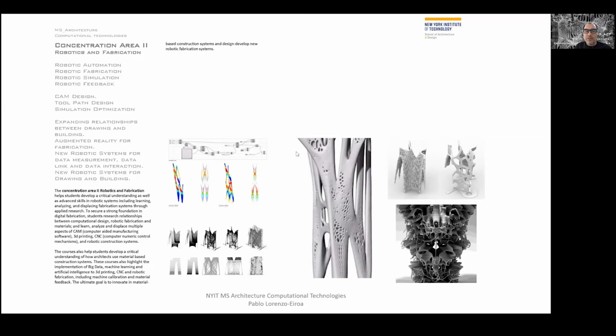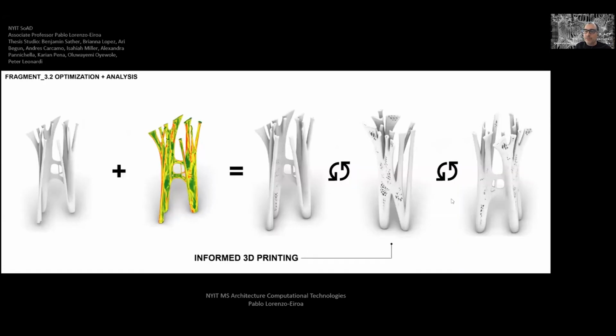So we're going to be thinking about robotic systems for building and drawing, and a relationship between the 2 to inform each other. So for instance, in this diagram that is very clear, the informed 3D printing result is not only a simulation in terms of structure and a design simulation, but it's an optimization that loops back and forth between the possibilities of the material and the material behavior in terms of structural stress. So we're going to loop back and forth between structural design, design optimization, simulation in virtual terms, but also physical experimentation, and loop that information back to feed into the design process.